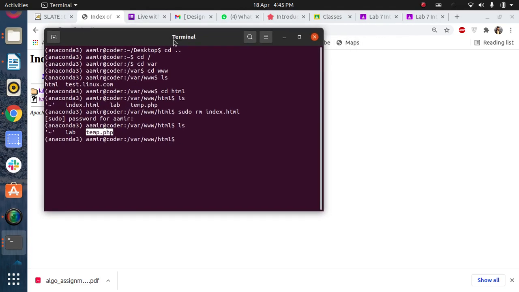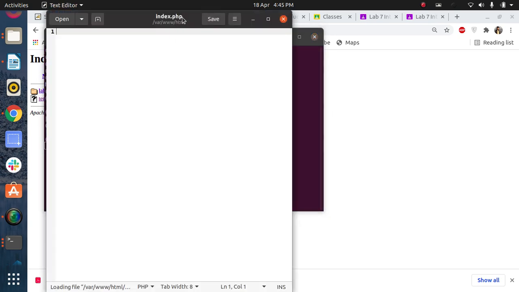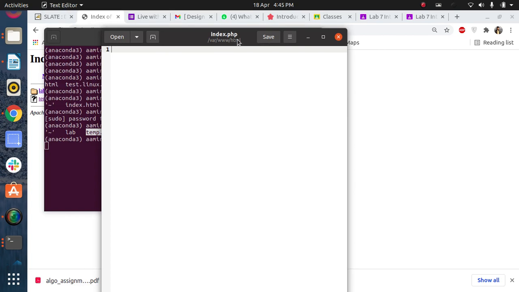So let's create the index.php file again. We will create it with sudo gedit index.php. Index.php is created now. Now let's write some PHP code: PHP echo